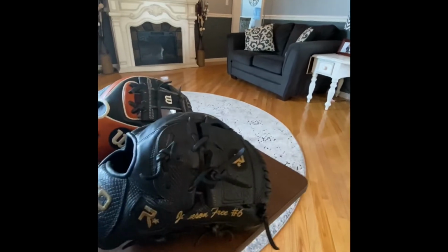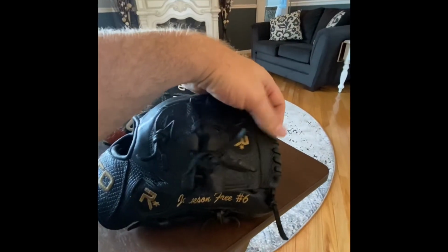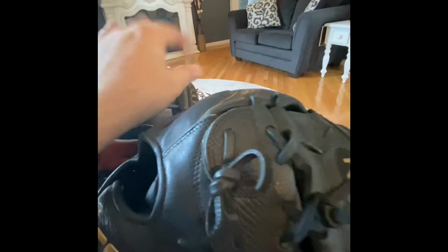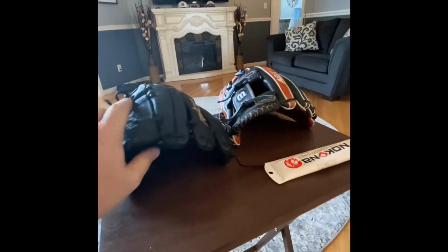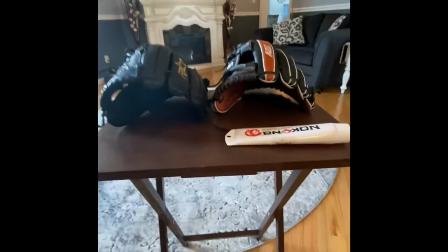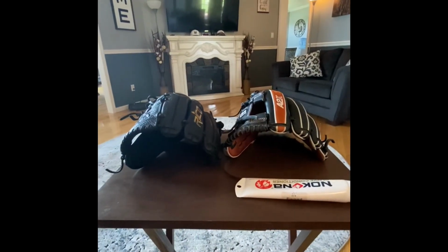The profiles are incredible. The only thing I can do with this glove right now is I'm going to take it and have it relaced. Not because the laces need it. The laces are thick. They are very similar to the A2K in terms of thickness and feel. Just that I'm gonna relace this thing for him every year. You see, it's a little loose right there, and that's not the leather. That is the lace. So I'm gonna relace that bad boy for him at the end of each season,